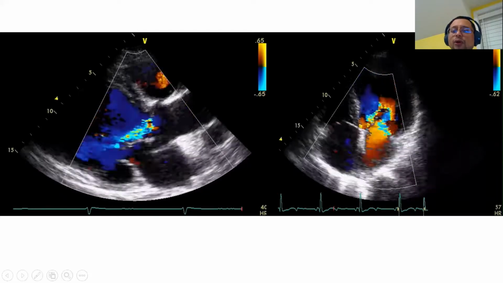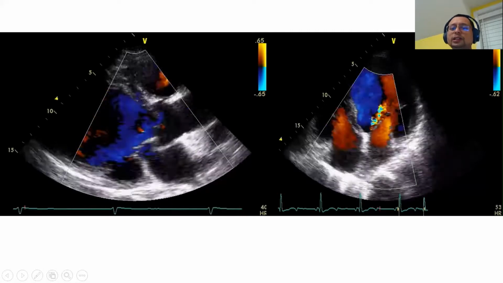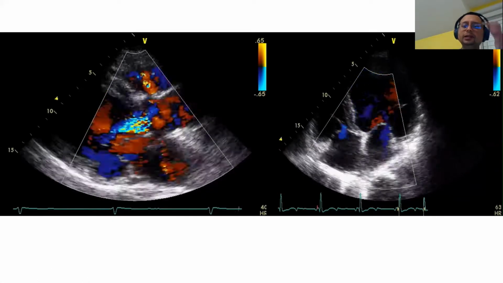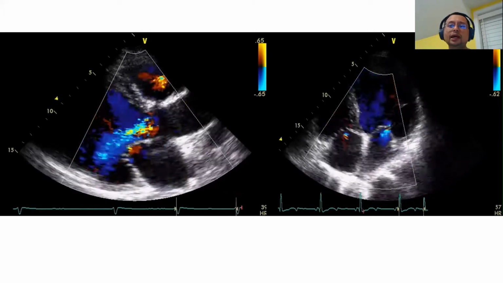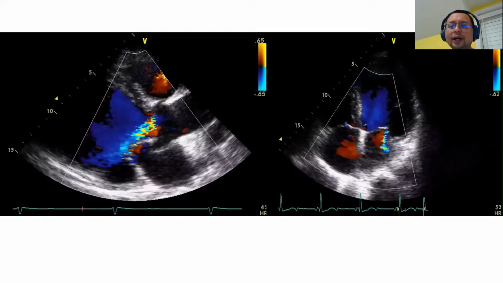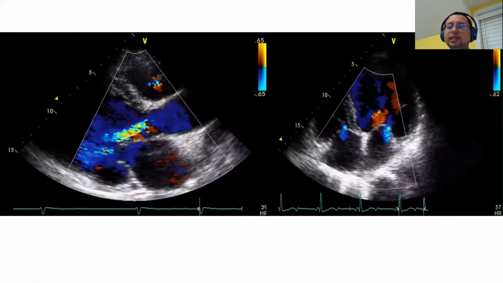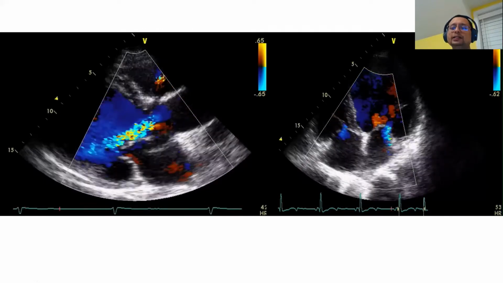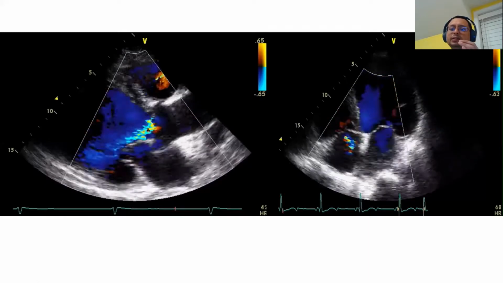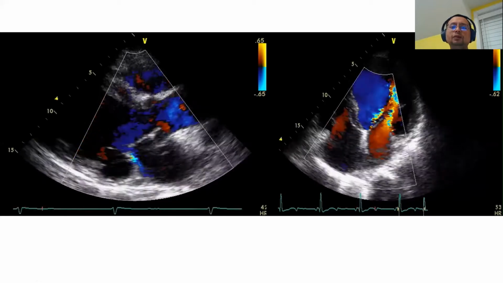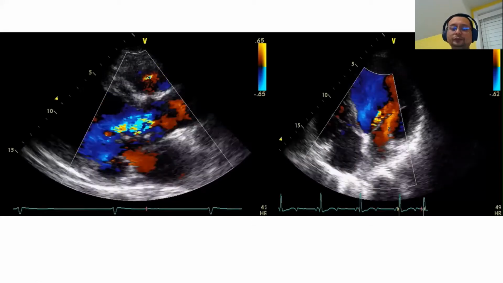All right. So what is this phenomenon? This is what we call diastolic mitral regurgitation. What is diastolic mitral regurgitation? You know that mitral regurgitation happens in systole. So why in such a situation does it happen in diastole? It happens because the LVEDP is so high that you have mitral regurgitation even at end diastole. So that is a very specific marker of severe AR.